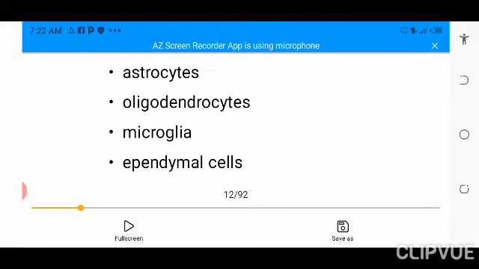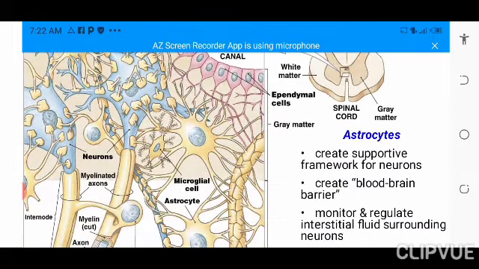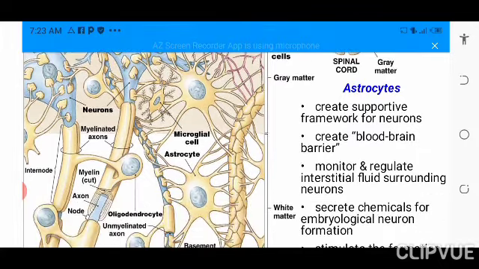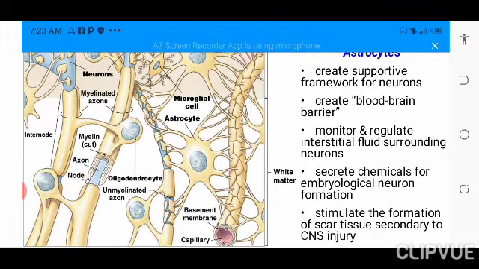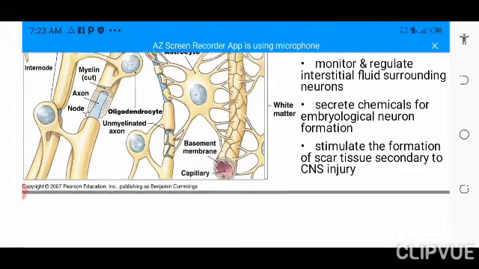They form the tissue macrophage system of the brain, while the ependymal cells are the epithelia that line the cavities and surfaces within the brain and the spinal cord. So you should always have that at the back of your mind. Remember, astrocytes create the framework for support and they form the blood-brain barrier system. Always remember that. And that will prevent injury to the central nervous system. And if there is injury, they are also the ones that will stimulate formation of scar,